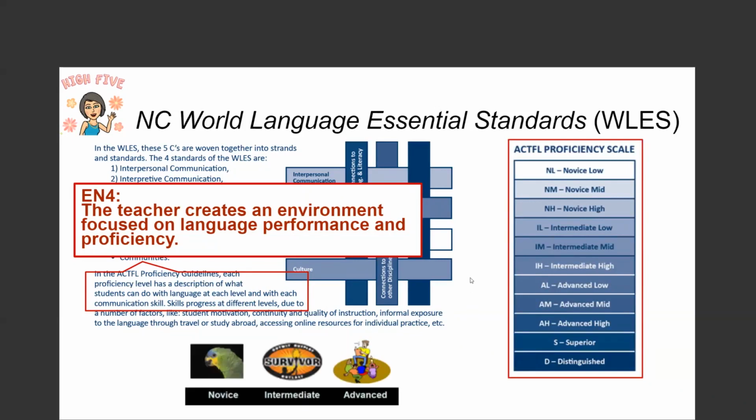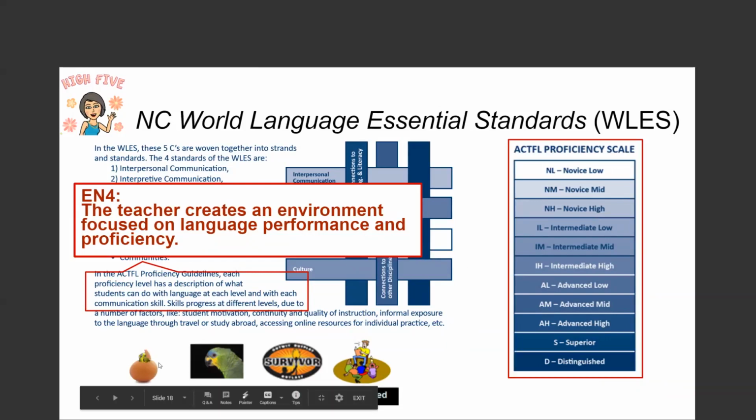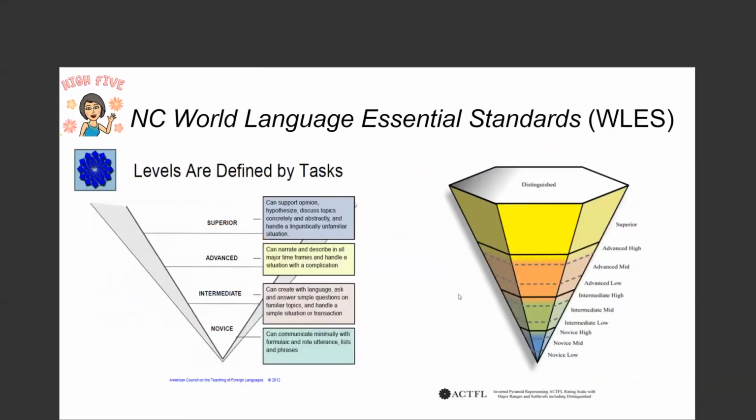And those levels, the main levels are novice, intermediate, and advanced, as you see at the bottom of the slide there. With the novice level being represented by the parrot, the intermediate is a survivor who can get along, and the advanced is more of a storyteller. And then we also have this little graphic that is the parakeet or the parrot coming out of the egg, kind of representing that almost pre-novice who's really just getting started, the learner who's just getting started with language and is just starting to play around a little bit and learn.